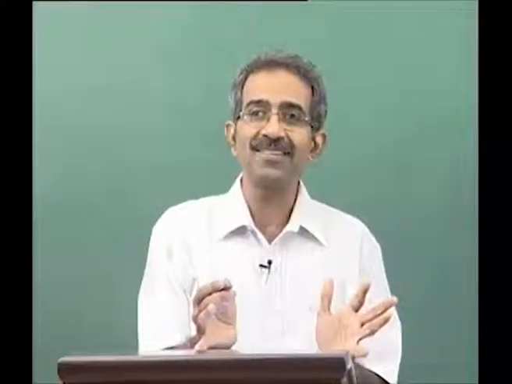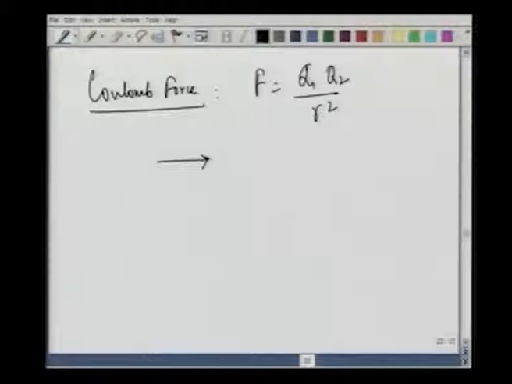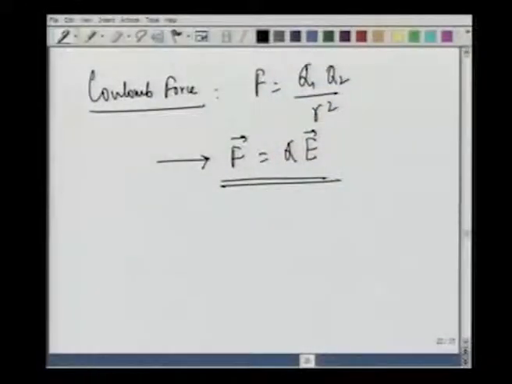Then we asked ourselves what happens if we have a large number of sources. Then we said that there is a principle of superposition, and we said that we find the addition of all the forces. So from here we were able to move to the concept of a field where we wrote F is equal to QE. This was a force acted upon by one body on another body, whereas here when we wrote F is equal to QE, we have the concept of a field which is acting on a source.